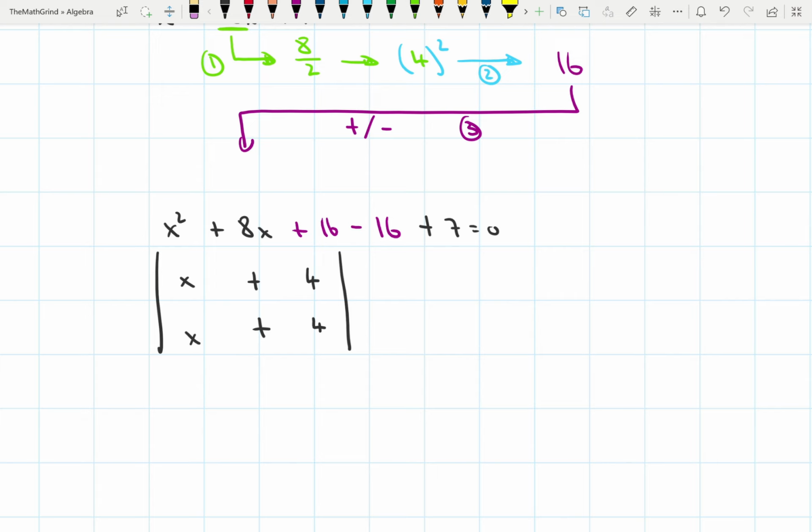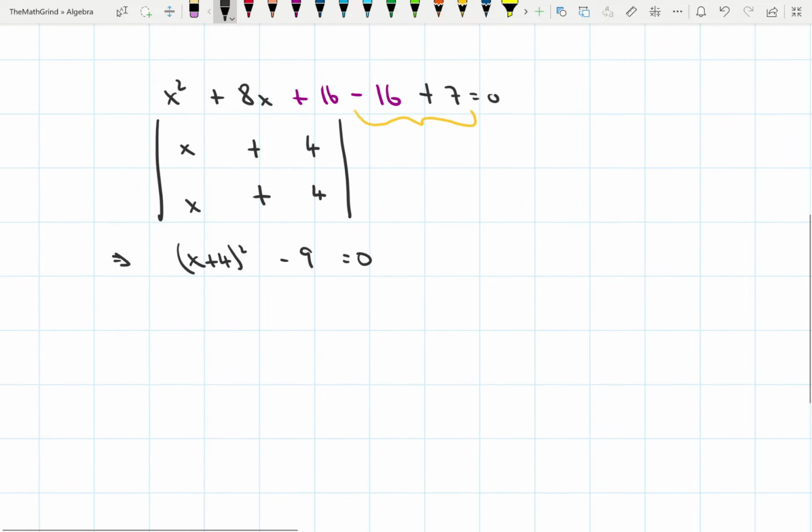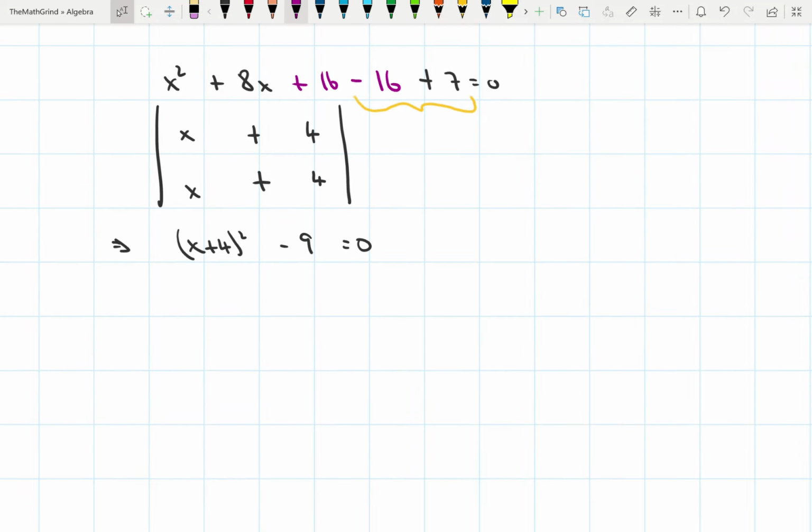So I have x plus 4 squared, and then we'll not forget about minus 16 plus 7. So minus 16 plus 7 is going to be negative 9, and that's equal to 0. Now you've completed the square, or changed it into complete square form there. Now we're being asked to solve this, so we're not done yet, but I'm just going to have a side note here,